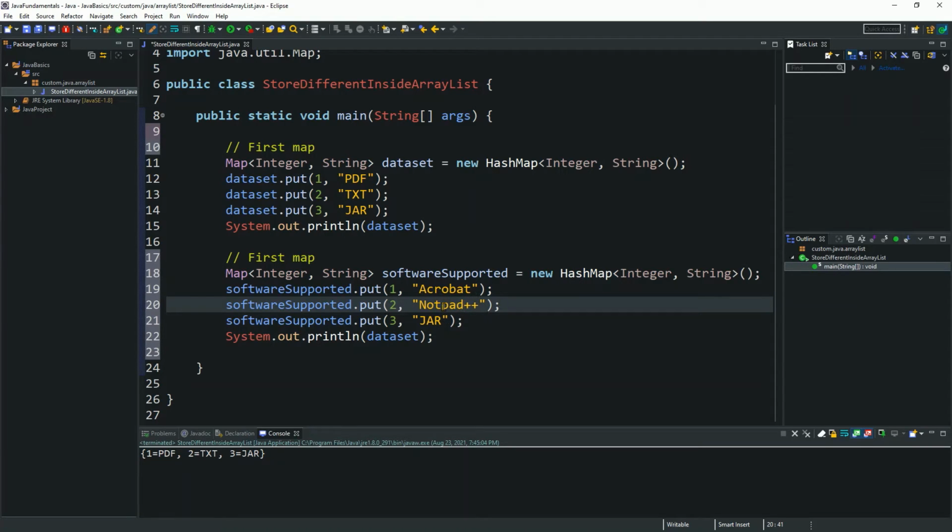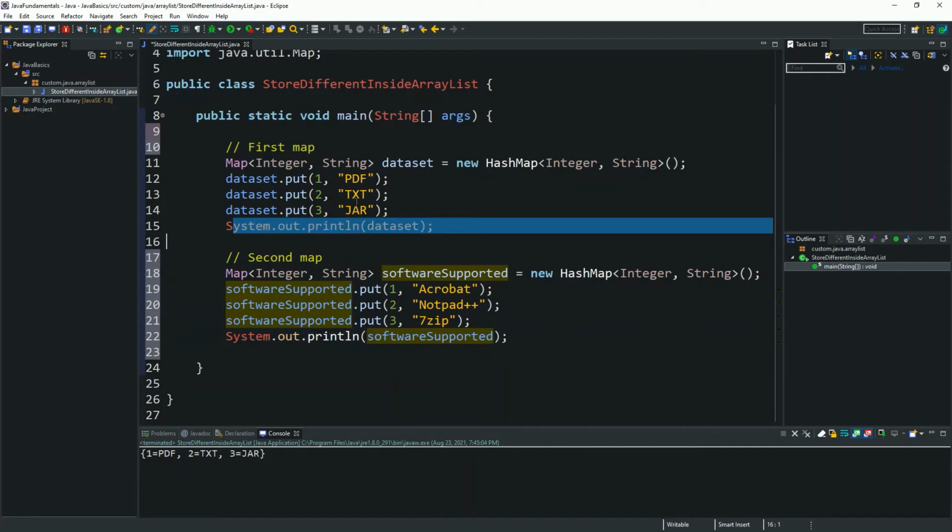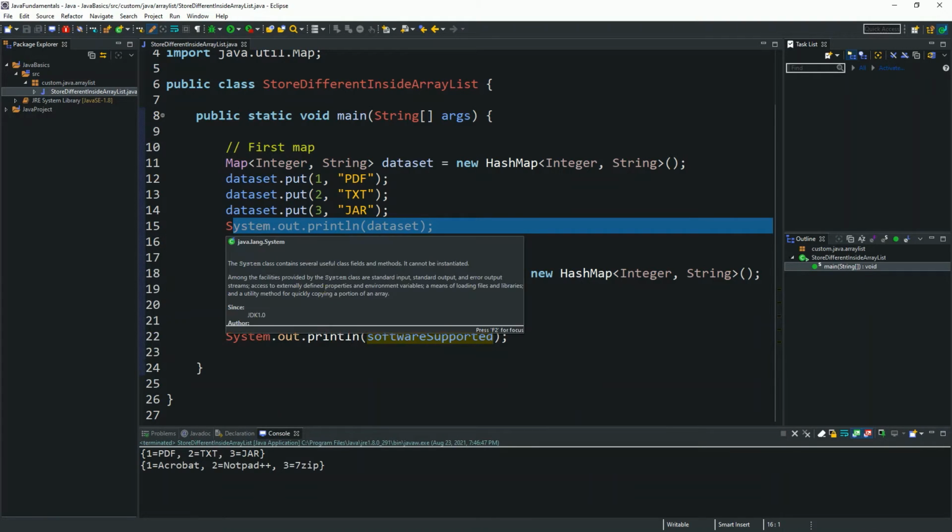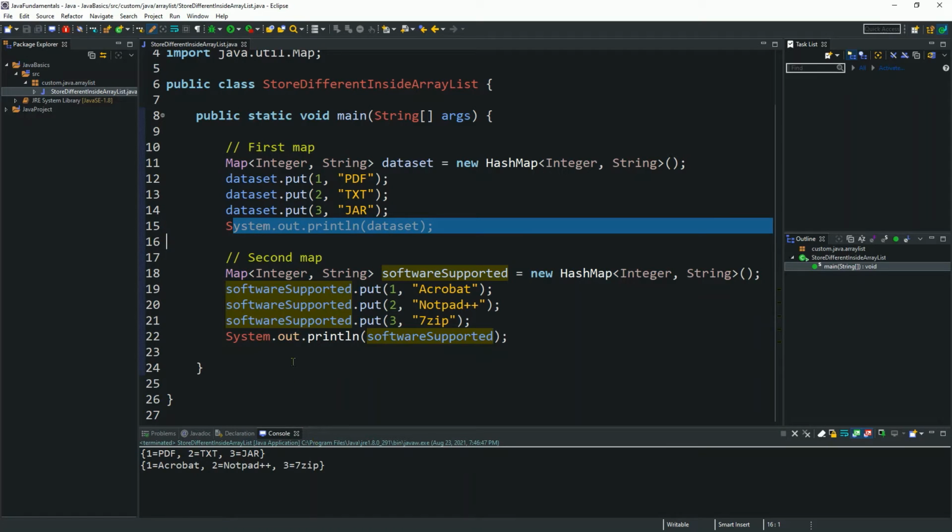And the jar is supported by zip and 7-zip. For now, I am giving it as a 7-zip file. The second map is also ready. If we print the second map, you will get the first map output 1, 2, 3 and PDF, text, jar, along with Acrobat, Notepad++, and 7-zip. So the two maps are ready.